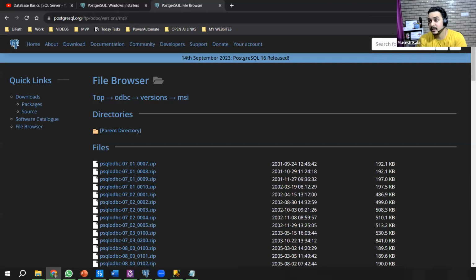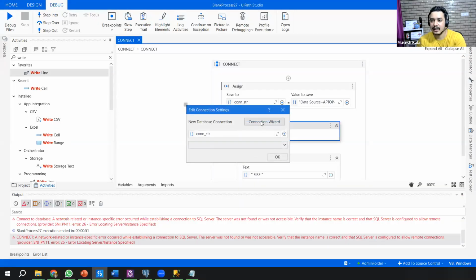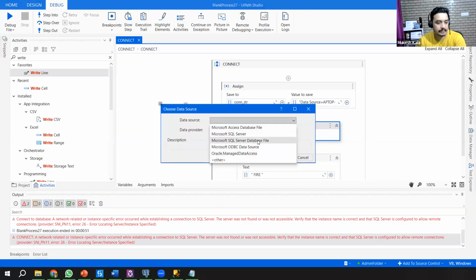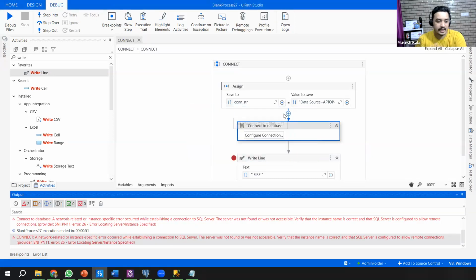Now the next question arises. For SQL Server Management Studio, while I was configuring this connection, I had this connection wizard here, right? I could select this, but PostgreSQL is not here, right? And I may be using a different data source. Where is that? For any of the other kinds of databases, you have to create a connection, right? How does that happen? Absolutely simple. Just pay some attention, right?